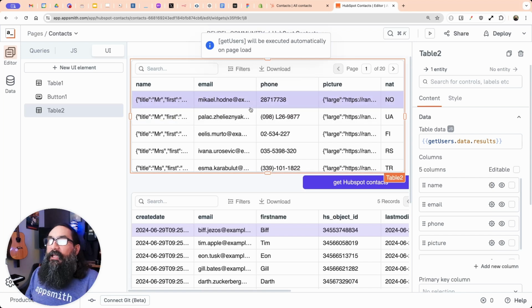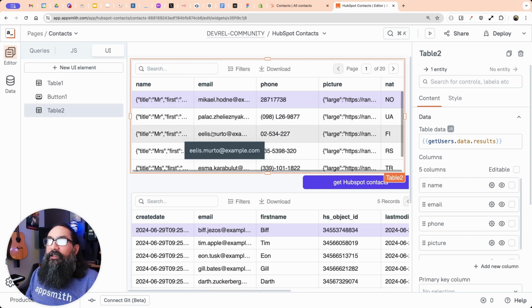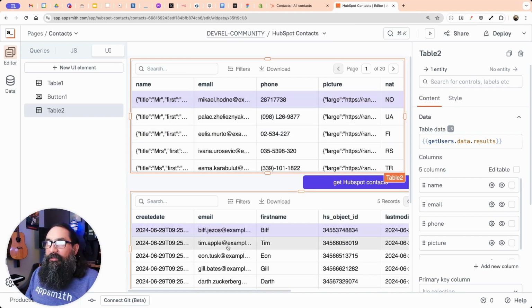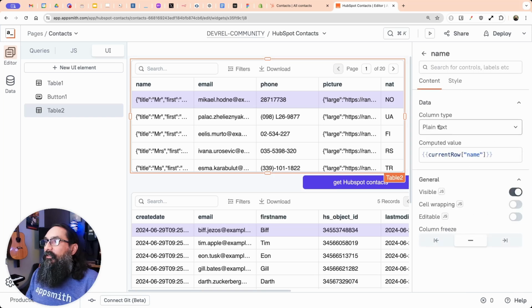So you can see we have a similar issue here with the name and the picture. These are nested fields. It's not flattened. For this table, I showed you how to flatten it with JavaScript. Here, I'm going to do something different. We can use the table widget. So for the name, if I go to the name field here, go into the gear setting for this table column,